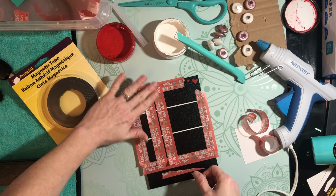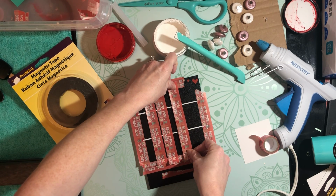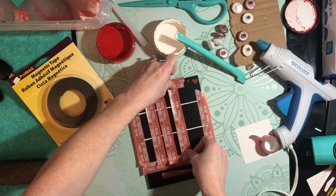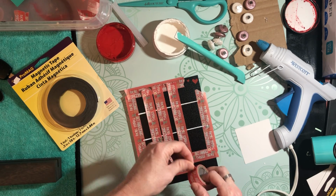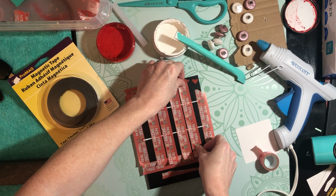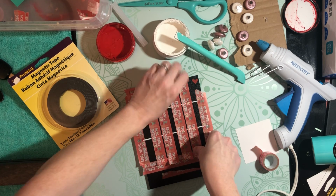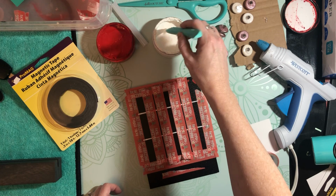Like I said, don't worry if it's not perfect. Your kids are just going to love playing, and that's all there is to it. It's just about having some fun. Sitting on the couch, snuggling and playing a game. That's all it's about. Okay, so let's take our white again